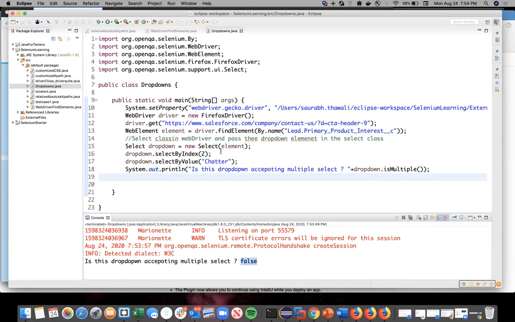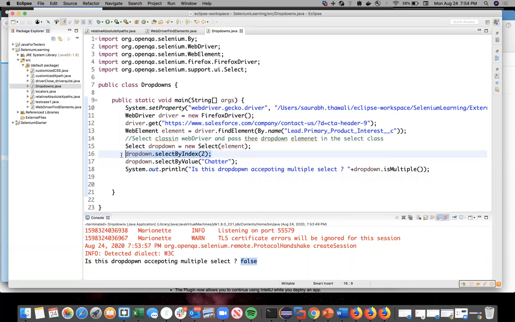So what I mean to say, multiple things. So let's say if this is accepting multiple inputs, let's assume, right? Whatever we are doing here, one after another, the moment I try to select the next value, the first one will not get deselected automatically. If multiple select is true, then whatever I'm doing here will not be correct for my system test, let's say, because if I want to select only one value at once, then first I need to check whether the drop down is accepting multiple input,